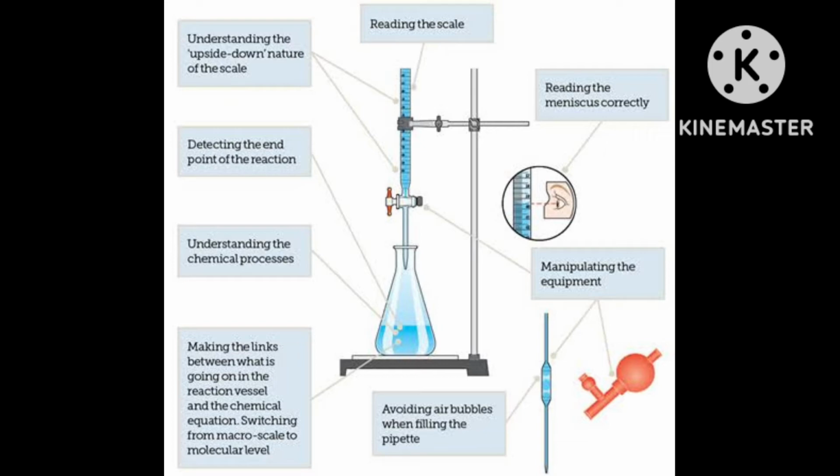Starch is added near the end point, not in the beginning like other titrations. Then iodine and starch will react, and the iodine will disappear. Blue color disappearing means the end point is reached. But here one condition is there, with iodine and